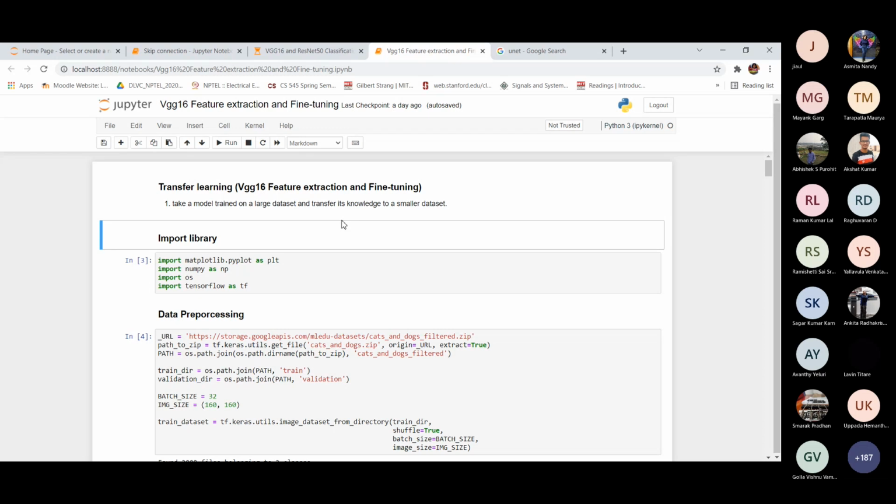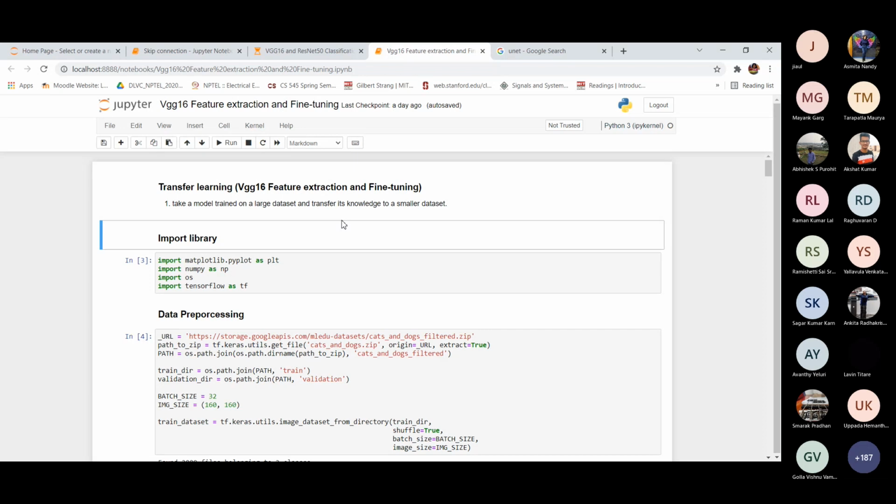In feature extraction, you use the representations learned by a previous network to extract meaningful features from new samples.